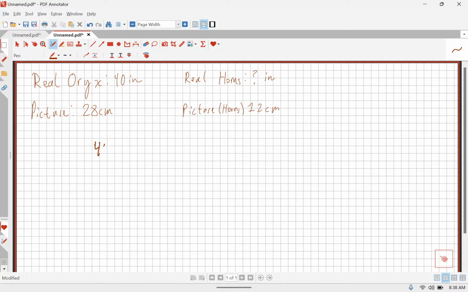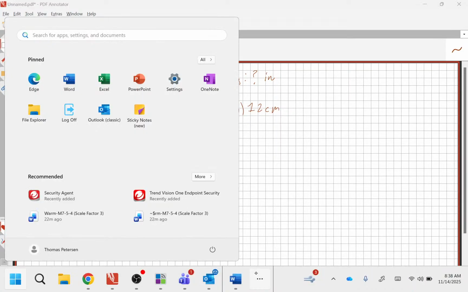So Liam's saying 40 inches divided by 28 centimeters. That's great because that's going to give us the scale factor: how many inches there are per centimeter. So 40 divided by 28 is,